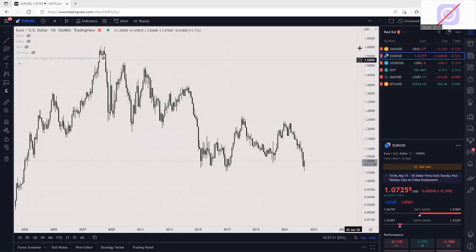On the right-hand side, you have a bunch of numbers: 1.65, 1.6, 1.55, 1.5, 1.45, etc. These numbers simply mean the value of the currency. So for €1, how many dollars would you get? Right now, the current price is here. You see the gray box, and there's a timer underneath it, ticking down from 27, 26, 25, 24, okay? Where the very thin line is, that is the current price